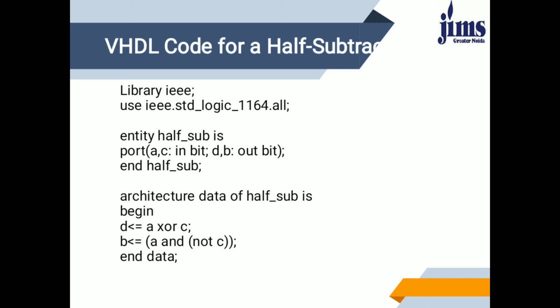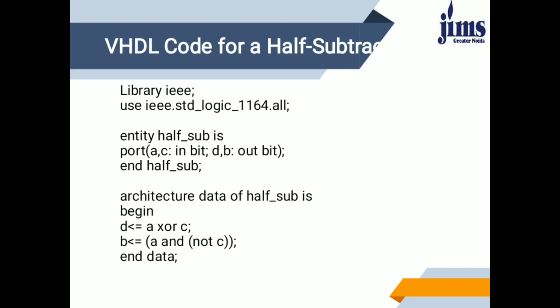So if we draw the K-map, then we will generate output difference equals A XOR B, that is, one input is XORed with another input. Then if we check the borrow signal, in the case of half adder it was carry and it was AB. But in case of half subtractor it will be borrow and it will have a value of A bar dot B, or C.